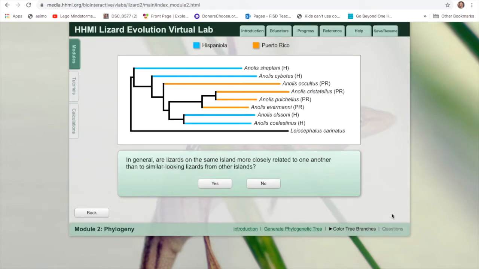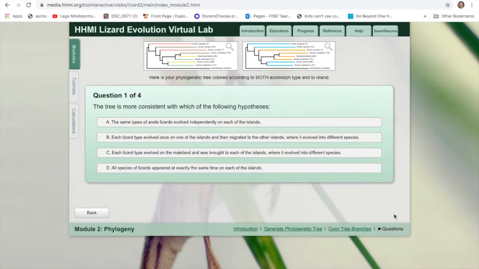In general, lizards on the same island are more closely related to one another. That is absolutely true. There are some questions that I don't think I can skip over. Same types of anole lizards live well. I will let you answer these